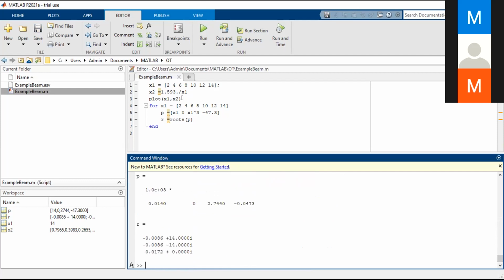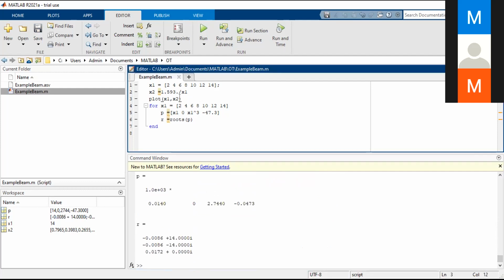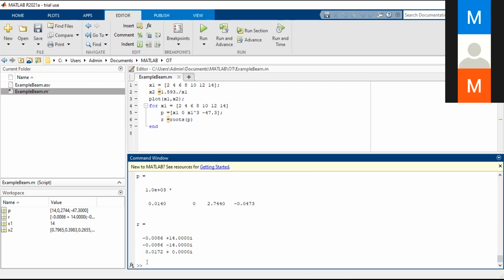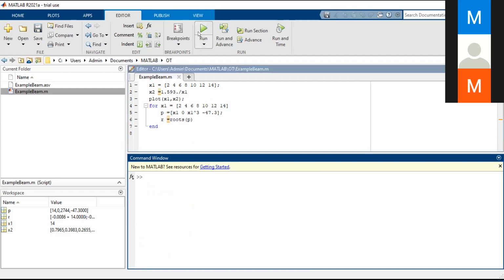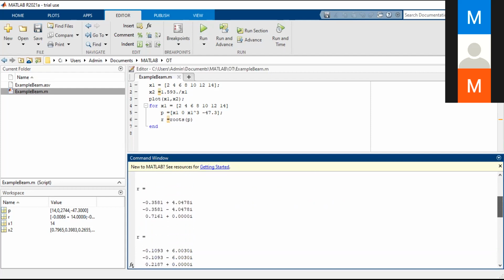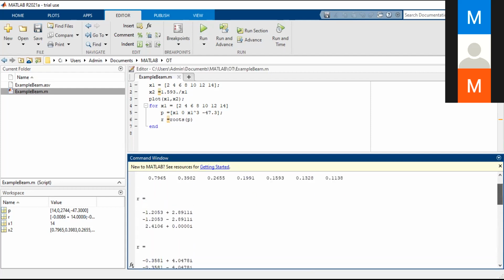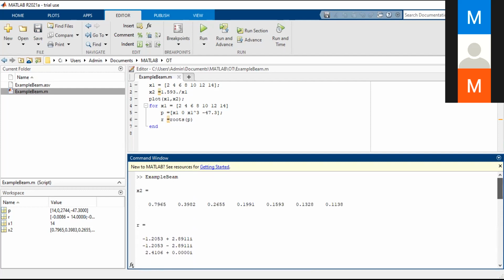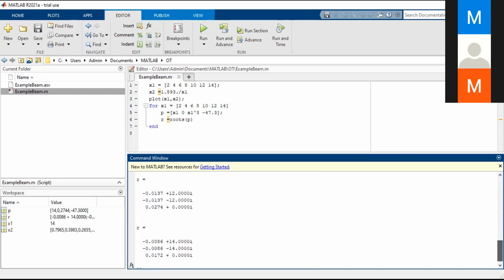And if you do not want to print a particular value, you can just put a semicolon. Putting a semicolon means that thing is not going to be printed. If you are interested only in the roots, let me clear this. If I run this, you will see only the values of R. You can calculate, for x1 equal to 2, 4, 6, 8 and 10. So any doubt in this, please let me know.